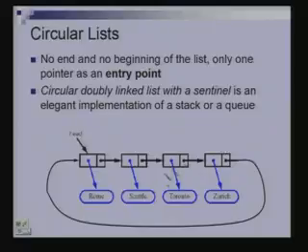How will I add an element at the rear? I will add an element here. What should I do? This pointer will make its pointer point to this and make the head point to